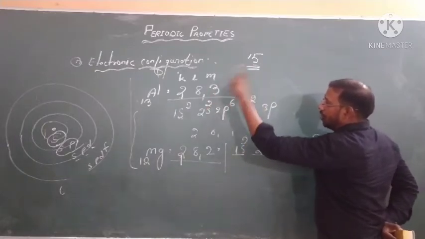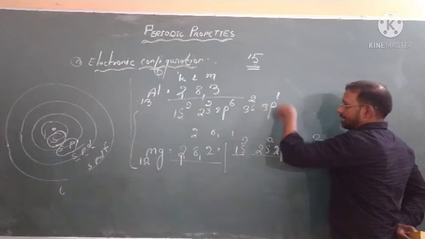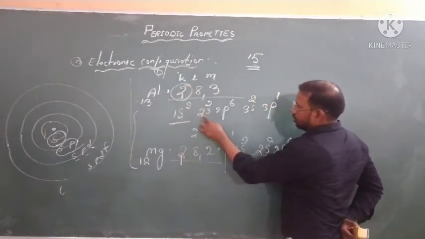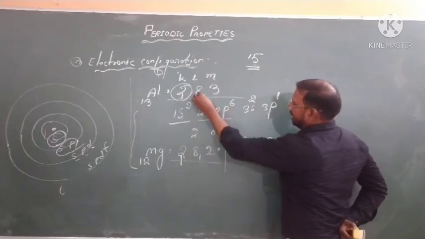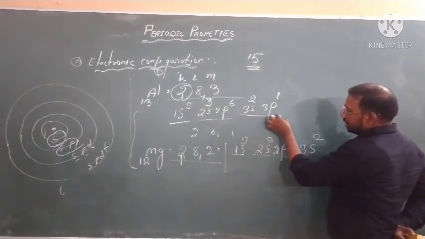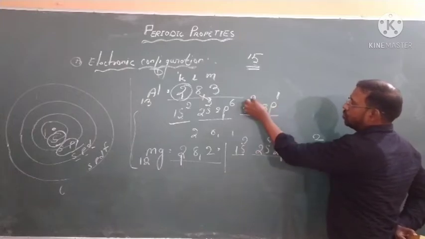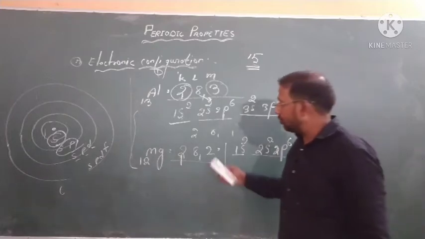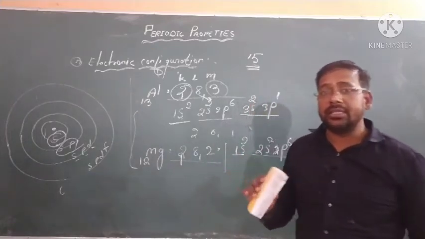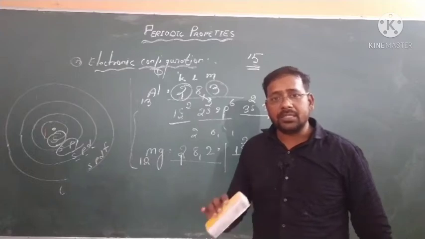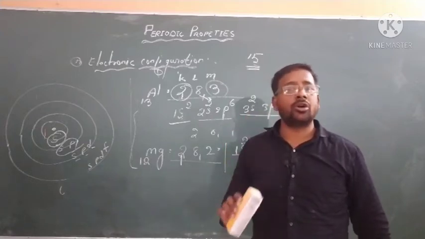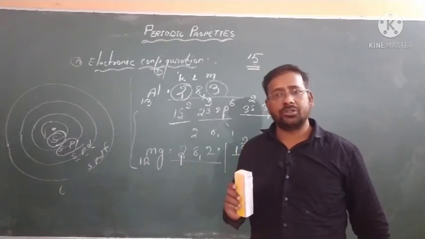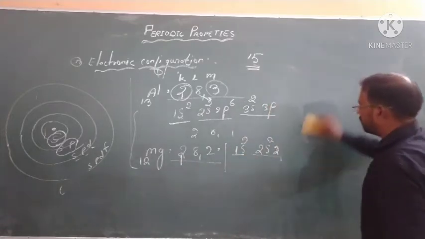Then how many electrons are left? Only 1. So 1 electron will go here, and you can see that the first cell represents 2, the second cell 2s 2p, 6 to 8, and the third cell 3s2 and 3p1, so 2, 8, 3. This is just the way to write the electronic configuration in the form of subshells. It is the easiest form, and please, it's my humble request, note it down in your copy. I swear it will help you in your examination. Now next,